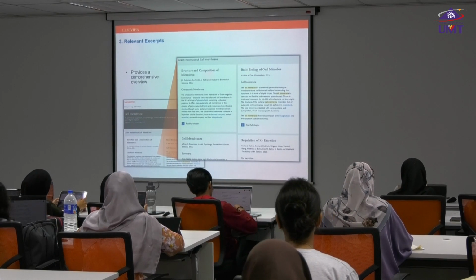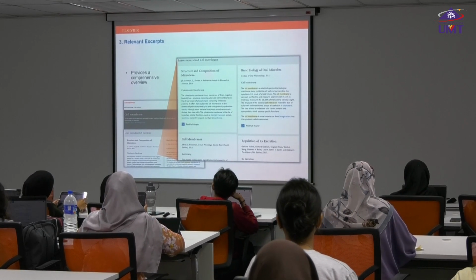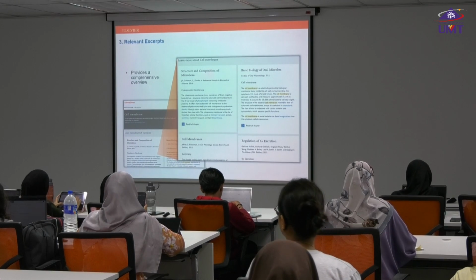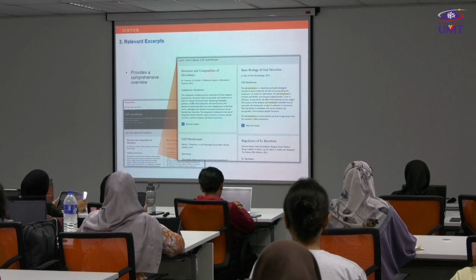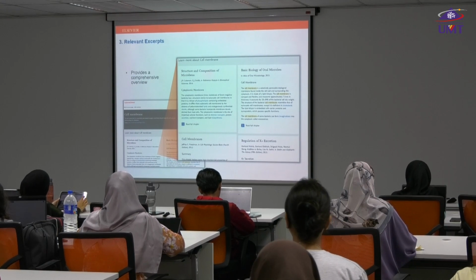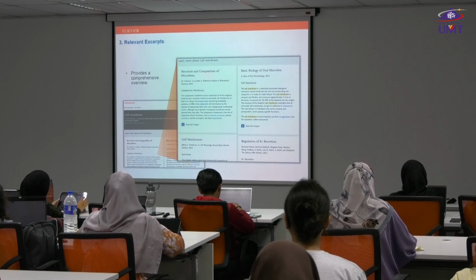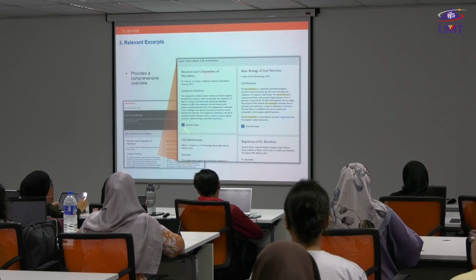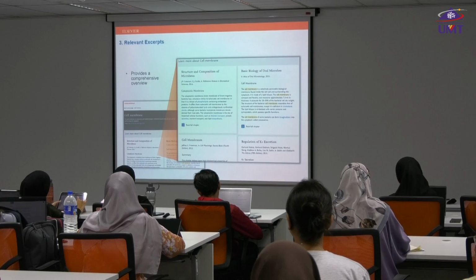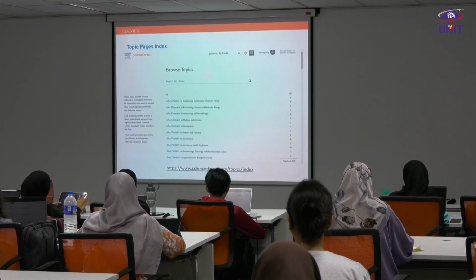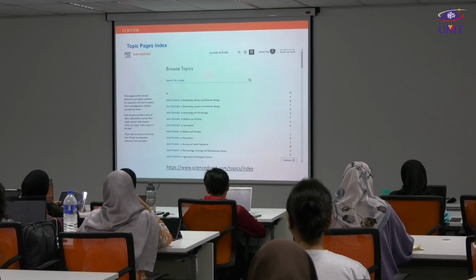You can first read the abstract or summary first, because without knowing the content summary, why would you want to read the whole book, right? You first need to screen through, know how to screen the information to find the most relevant information before you want to do further reading. You do not want to waste your time reading the whole book, and then after that, it's not important, not relevant. So you can go through the summary first before you decide, should I read the full chapter? Okay? So you can browse the topic also through this part.